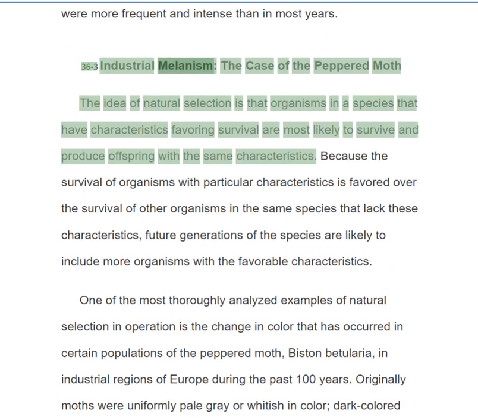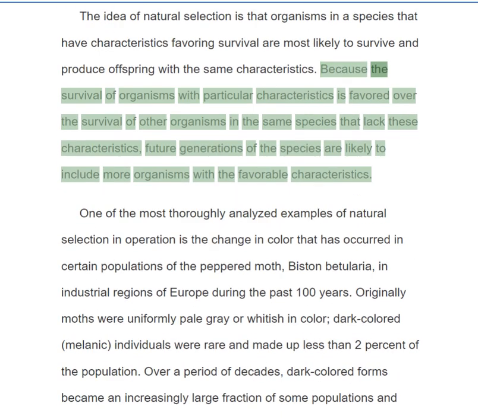36-3 Industrial Melanism. The case of the peppered moth. The idea of natural selection is that organisms in a species that have characteristics favoring survival are most likely to survive and produce offspring with the same characteristics. Because the survival of organisms